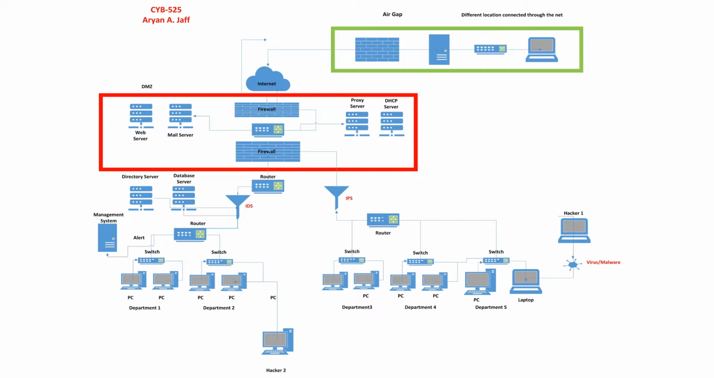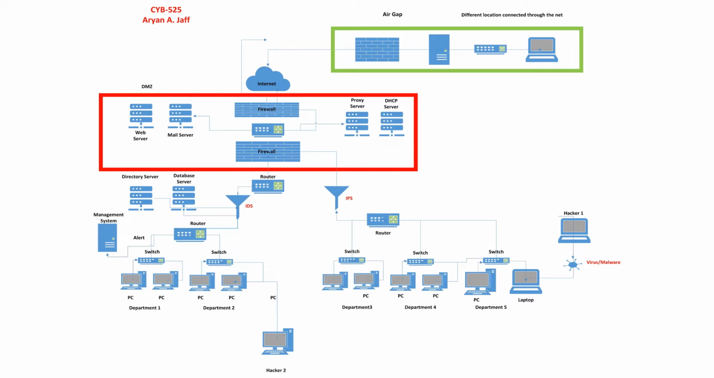The IDS is connected to a router, and that router is also connected to the switches, and it is also connected to the management system that will receive an alert in case the intrusion detection system catches suspicious activity or data traffic. The IDS is also connected to the directory server and the data server, a database server, so it can filter any data traffic to those 2 sensitive servers. The IDS is also connected to the main router, as shown in the diagram, and that router is connected